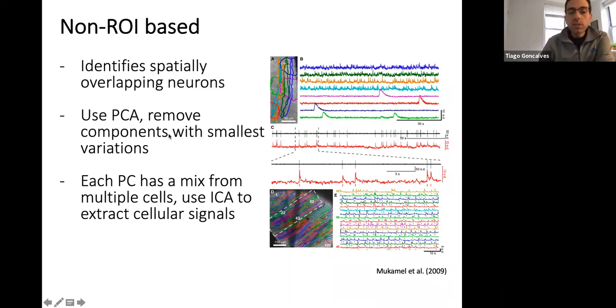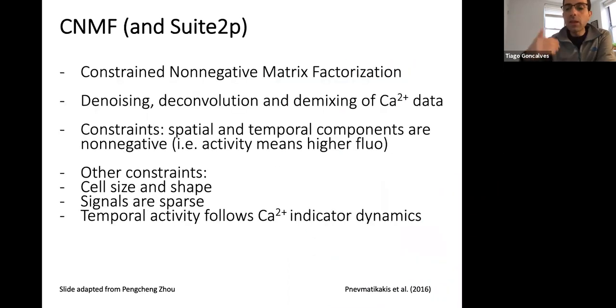Now, there are other tools that are similar, and one of the latest iterations and evolutions of this has been CNMF. CNMF is a bit of a mouthful. It's called constrained non-negative matrix factorization. It's basically a pipeline for doing denoising, deconvolution, and demixing of calcium data all at the same time. So the constraint part means that you're trying to solve this. Yeah, Rowan,